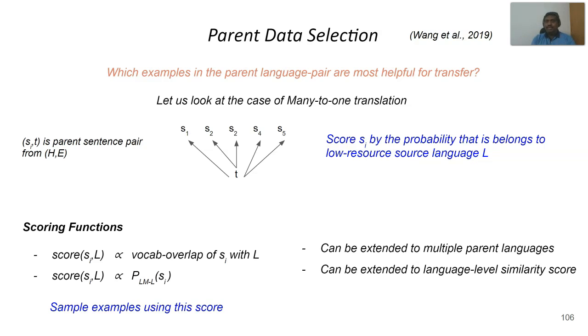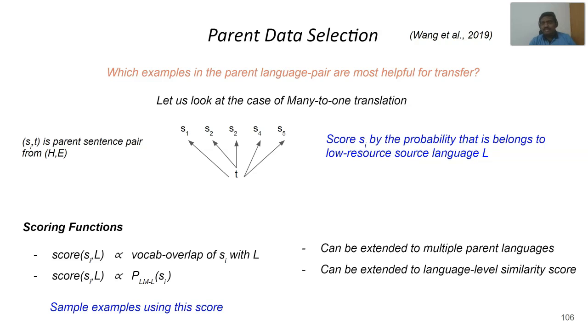Let's look at the scenario of many-to-one translation. So we have a sentence pair S_i T for the parent sentence pair, and suppose we have S1 to S5. Now we can score each parent sentence by the probability that it belongs to the low resource language pair, or how likely it is to be a low resource language sentence also. Then give more weight during training to those examples which are likely to be more compatible with the low